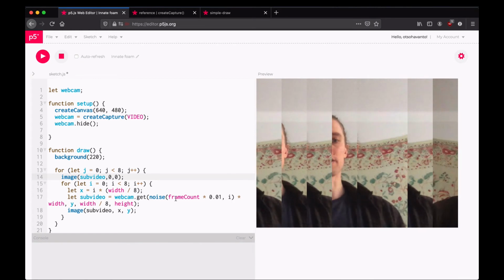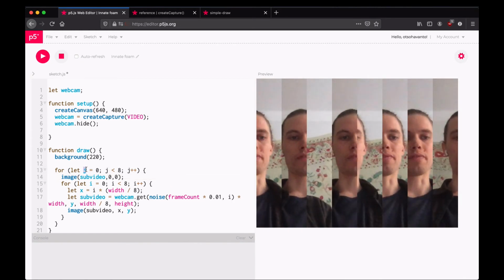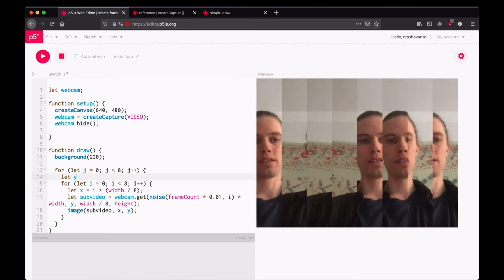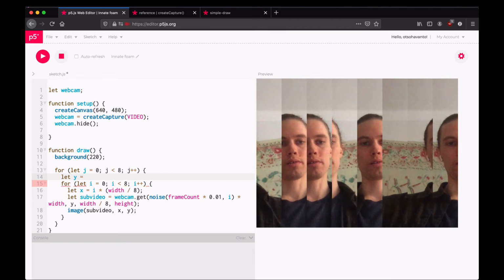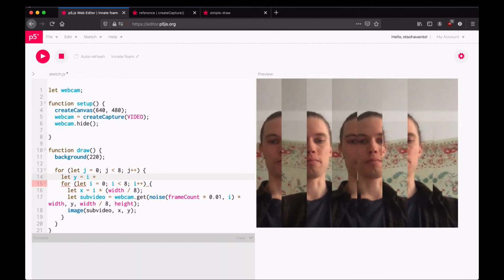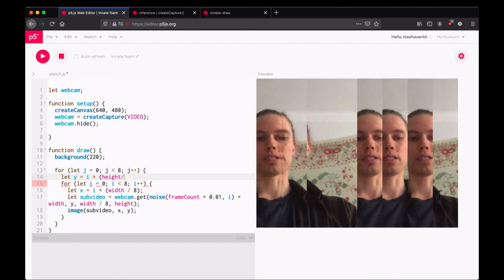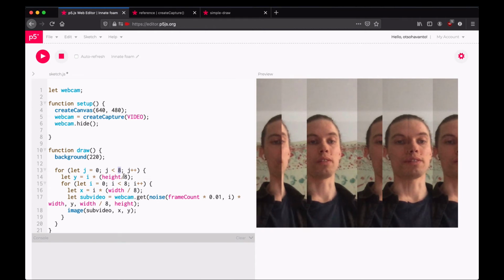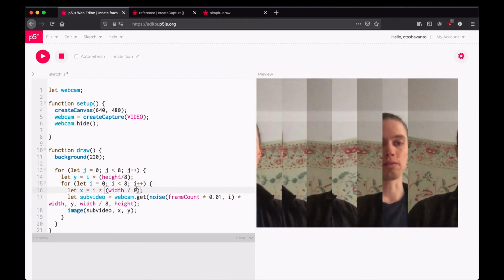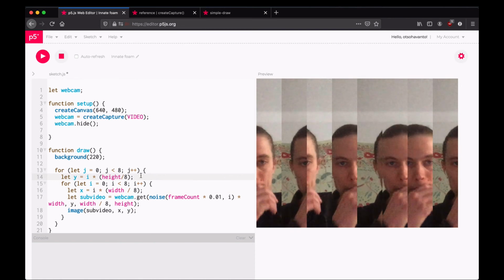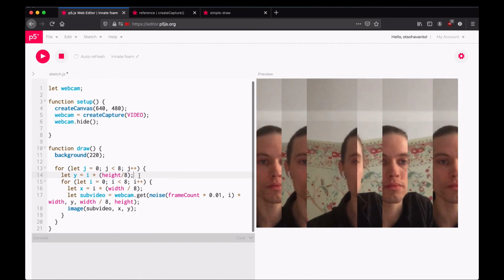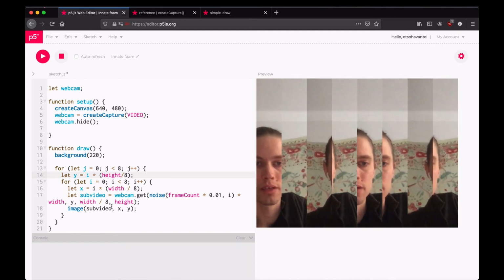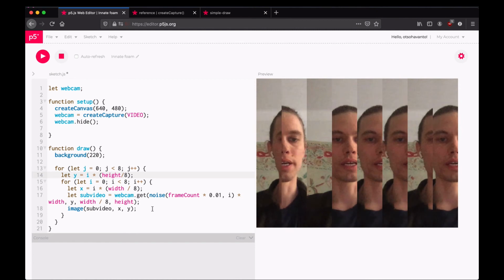So let's try that in practice. Now we have this variable j, and say that let y equal i times height divided by 8. Maybe it would be a good idea to have a variable for this 8, because now it would be difficult to change this everywhere. So that's y, and then